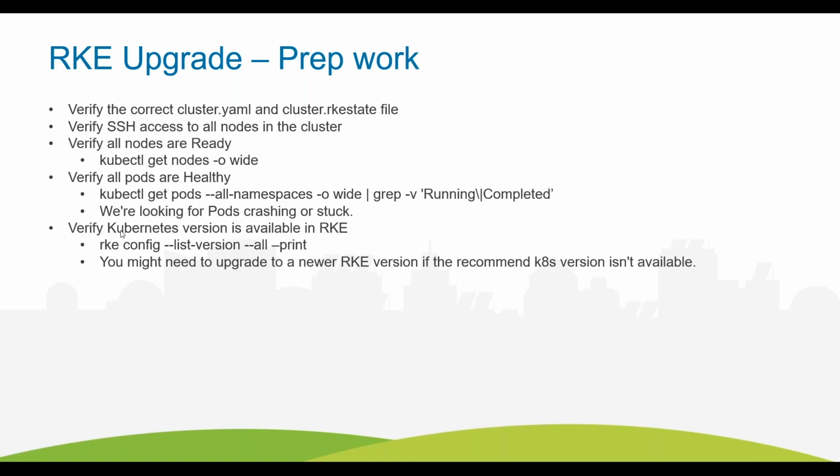The other one is your Kubernetes version. In RKE, if you don't specify the version, RKE assumes whatever the default is for that version of RKE, and that's the version it's going to deploy. I personally do not like that. I want to be in control. I want to say, no, I want you to go to 1.17.6-rancher1-1. I want to explicitly tell it,